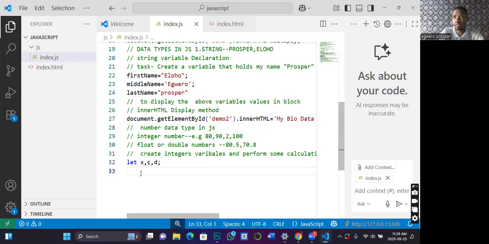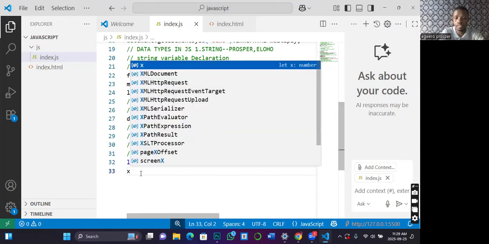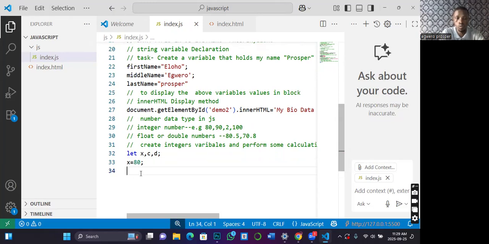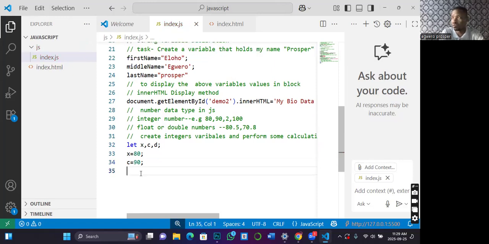That is just like you created empty containers. We are here to put values inside them. So you now say s is 80, or s should be holding 80, while c should hold 90, and then d will give us the